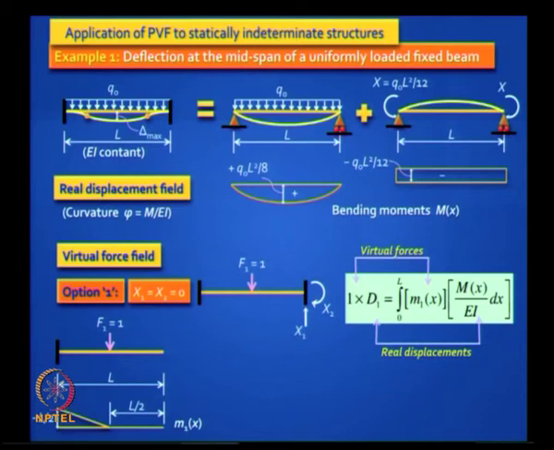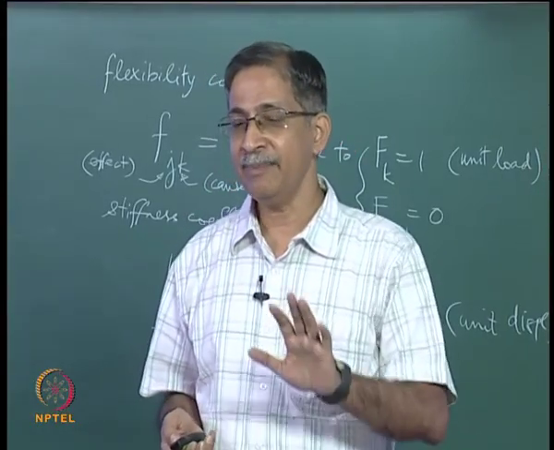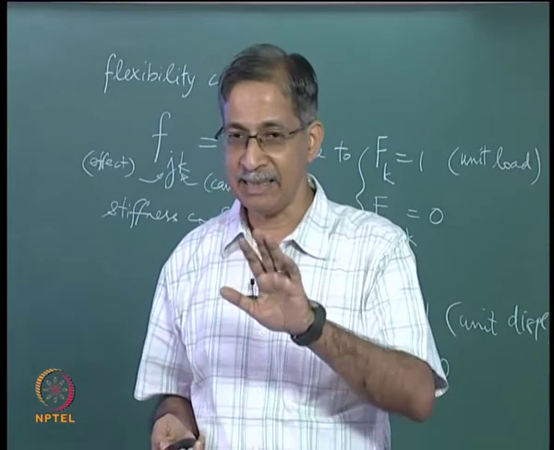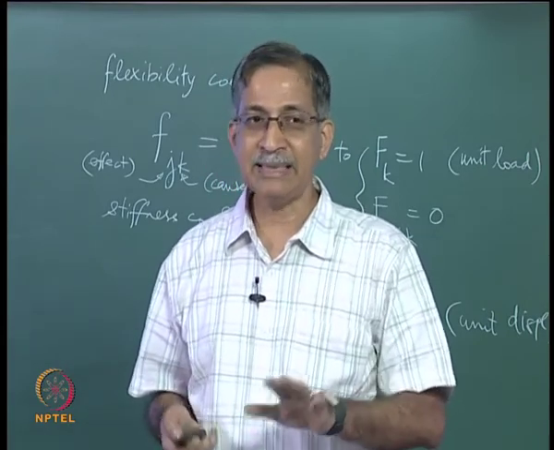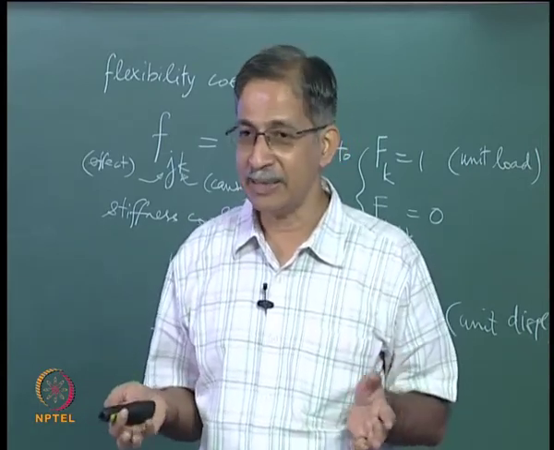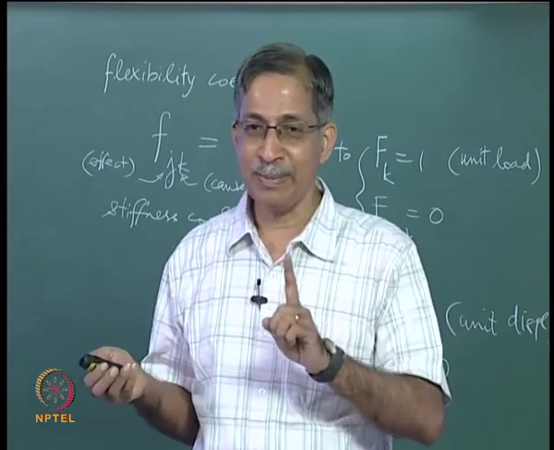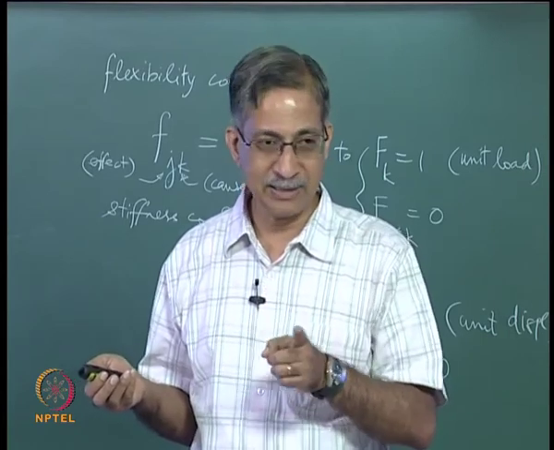Let me treat the cantilever as the primary structure, and why can't I take any values of x1 and x2 here? I can, because if you recall the proof or the origin of the principle of virtual work, the only requirement is that the force field is statically admissible. Now in a statically indeterminate structure, how many force fields can you generate which are statically admissible? Infinite. Only one of them will be exactly correct for the boundary conditions that you have given.